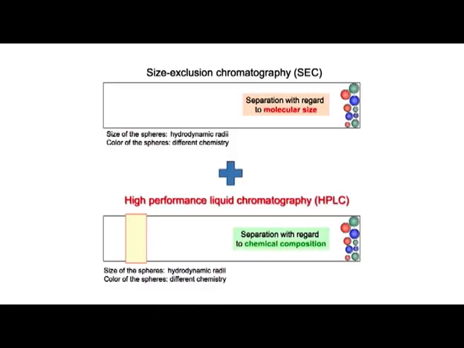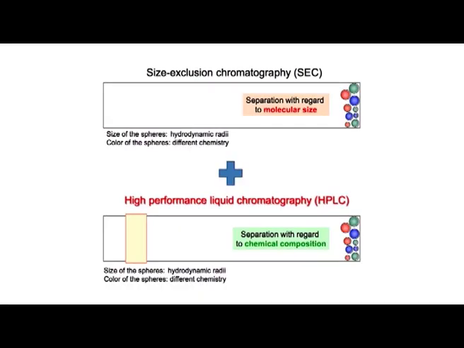So, HPLC, as I told, is an efficient and fast separation. If you compare that with a molecular weight or molar mass separation, that is size exclusion chromatography. In one case we have separation according to the molar mass, and in the other case we have separation according to the chemistry. So, scientists thought about combining these two techniques. In one direction we have separation according to the chemistry, in the other direction according to the molecular mass. So, they developed another type of chromatography, a very modern technique called two-dimensional